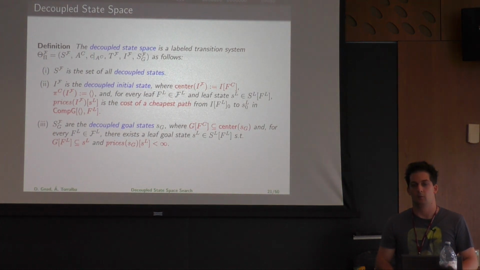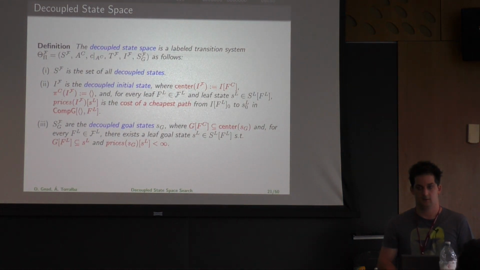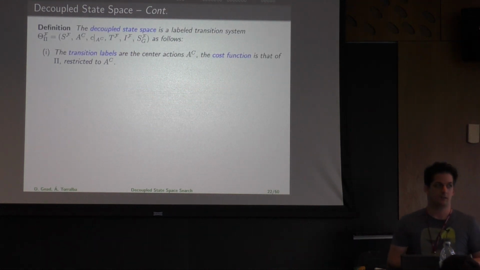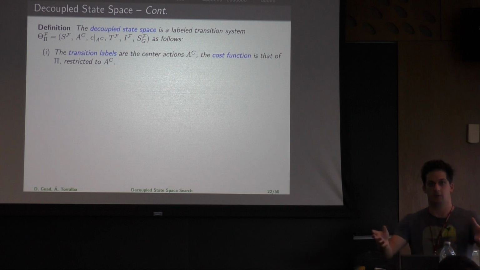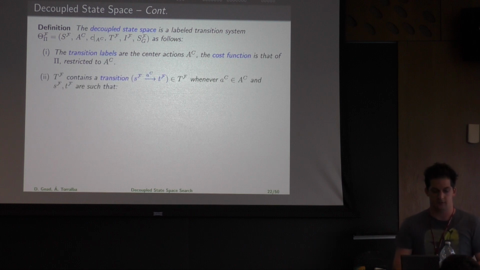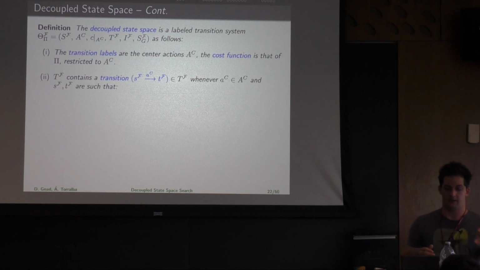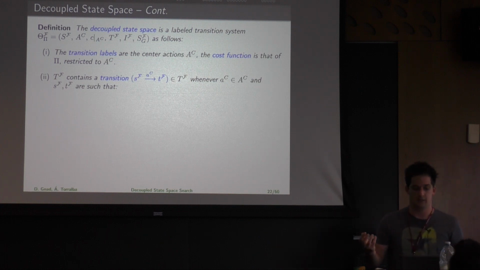So what's more interesting is the transitions in the decoupled state space. Now, in contrast to before, the transition labels are only the center actions. As I said, in our example we only apply the drive actions, only center actions. The cost function is restricted to the center actions. And we have a transition in the decoupled state space from a state SF to a state TF